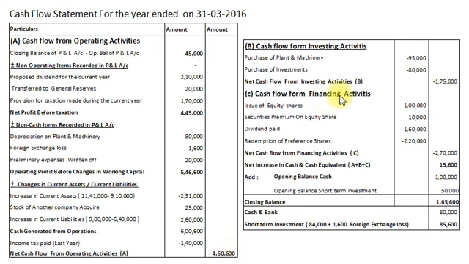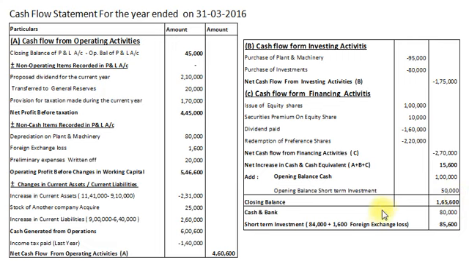4,60,600, cash flow from investing activities minus 1,75,000, and net cash flow from financing activities minus 2,70,000. And finally, net increase or decrease in cash and cash equivalents amounts to A plus B plus C, that is 15,600. Now in this amount we will add opening balance of cash rupees 1 lakh and opening balance of short term investments rupees 50,000. My dear students, here short term investments are considered as cash equivalent. And closing balance amounts to rupees